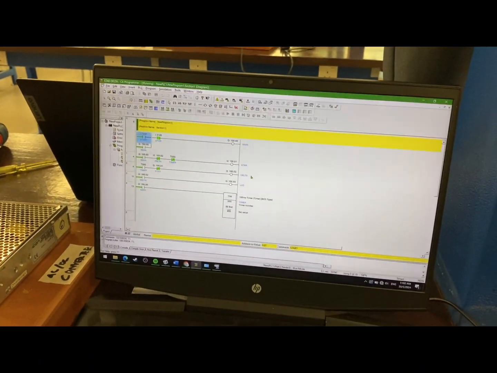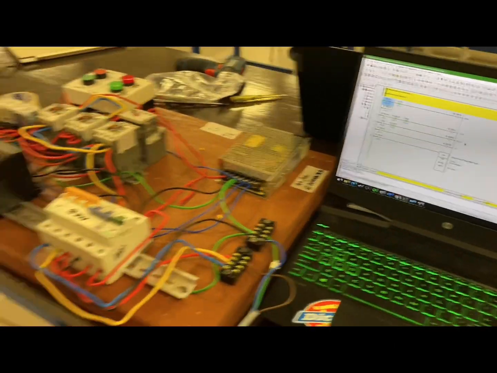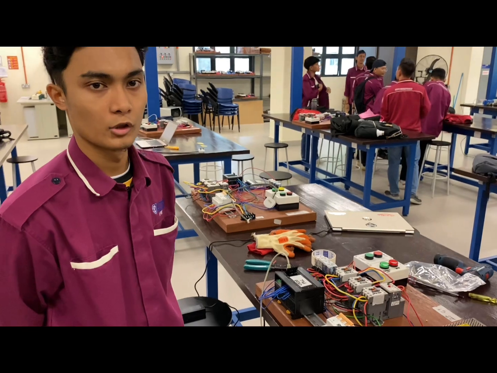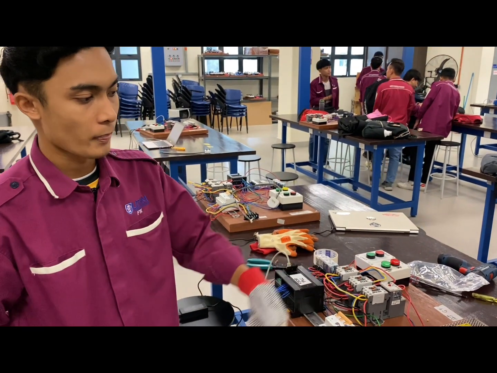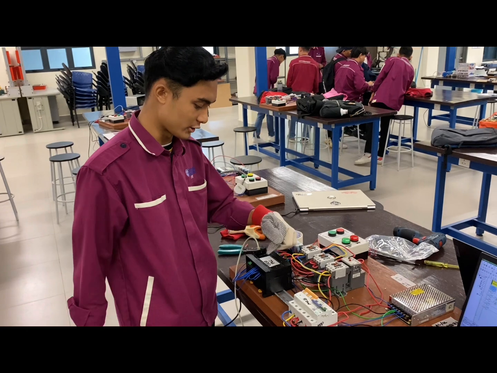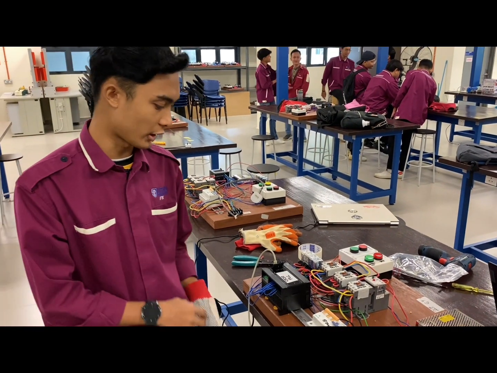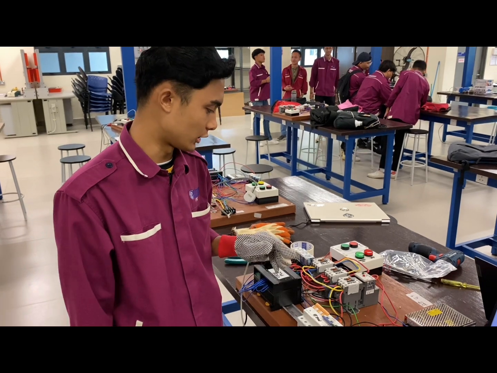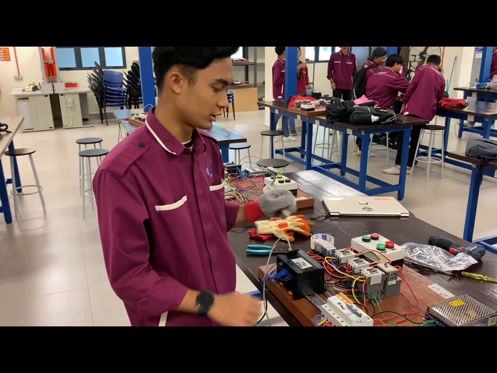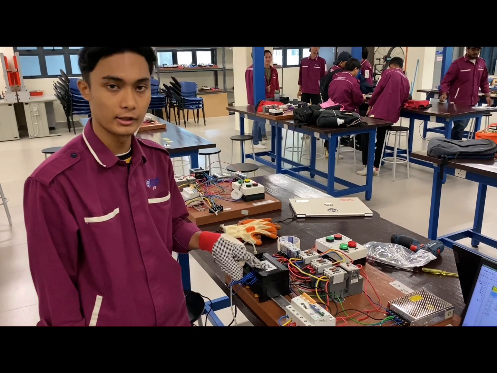Okay, the coding to the PLC is already transferred, and we will present the circuit diagram. Alright, so after the program is transferred, the indicator light on the PLC will turn on, which means the program has successfully transferred. And then we will see how the star delta circuit with the PLC